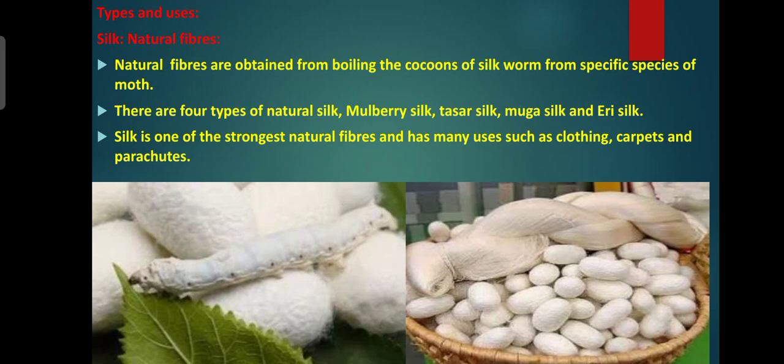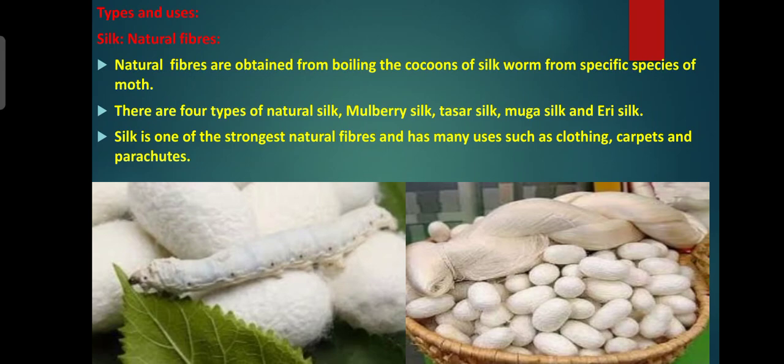Types and uses of silk, a natural fiber. Silk is a natural protein fiber which can be used as a textile fiber. It is one of the important animal fibers obtained from silkworms. History of